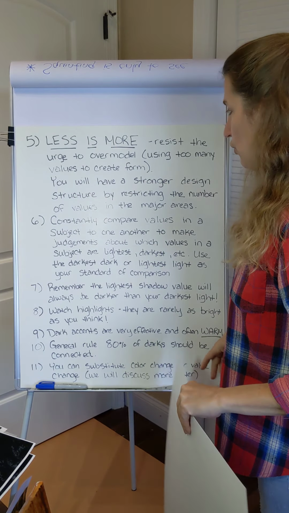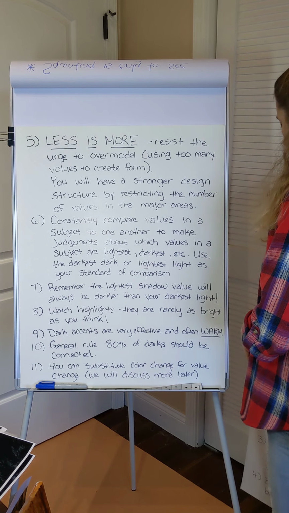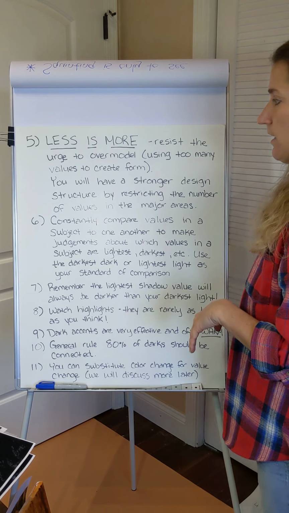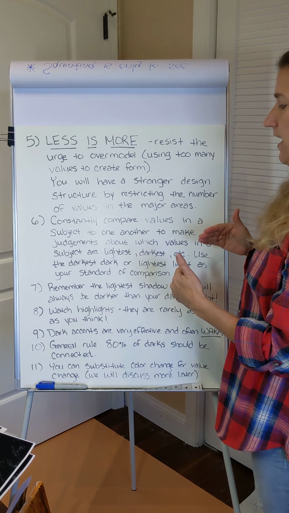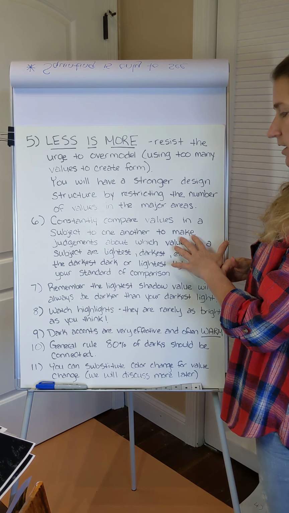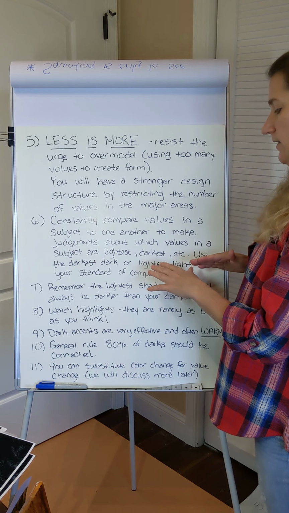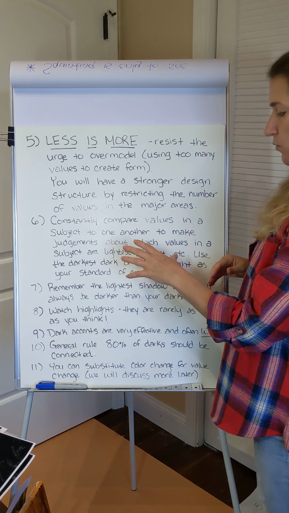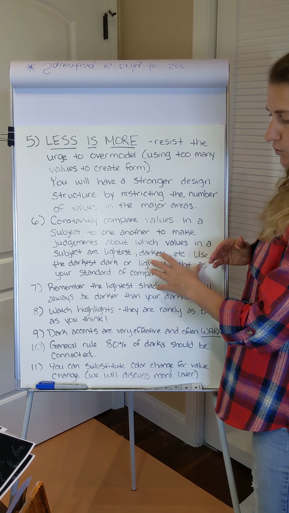Less is more, so we do need to resist the urge to overmodel, which is when you are using too many values to create form. You're going to have a stronger design structure by restricting the number of values in the major areas. We're going to constantly compare our values in the subject to one another and make judgments about which are the lightest and the darkest. We're going to use our darkest darks, our lightest lights as comparison and choose a nice